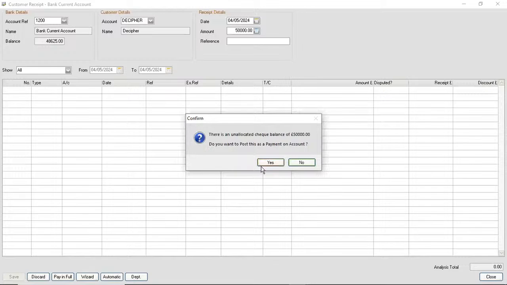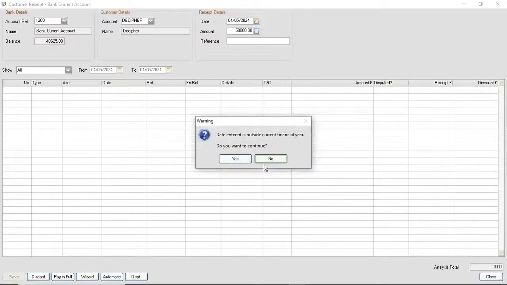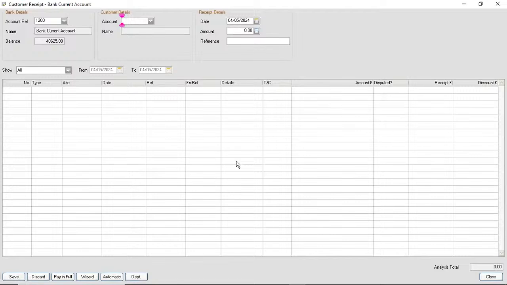So I'm just going to say yes. If it prompts me with the option of a date outside the current financial year, I'll still say yes, because I just need to enter the transaction. So with that, now I have just created a receipt. But remember that my receipt is not attached to any specific invoice. And therefore, in the next session, we are going to start from creating an invoice. Being a weekend, I'd leave you at that particular